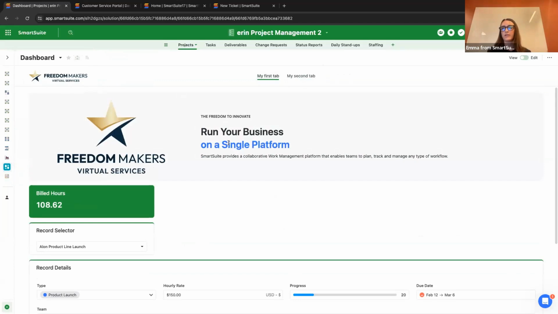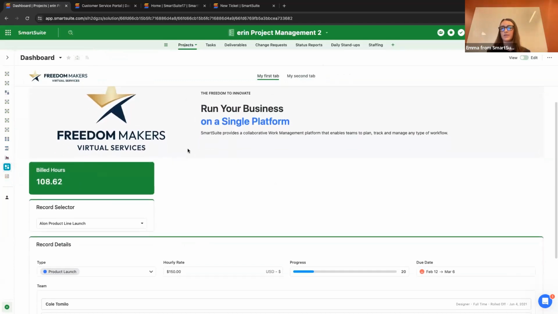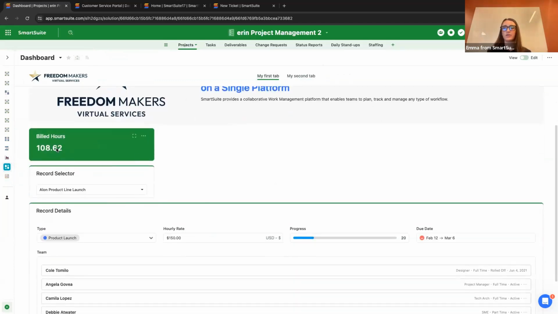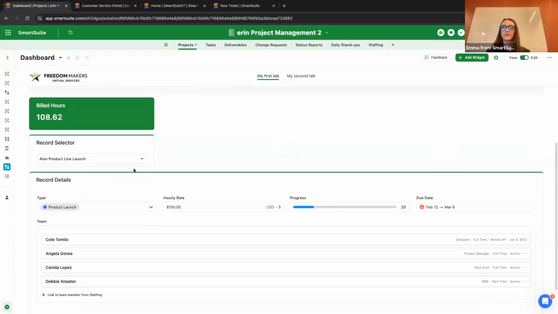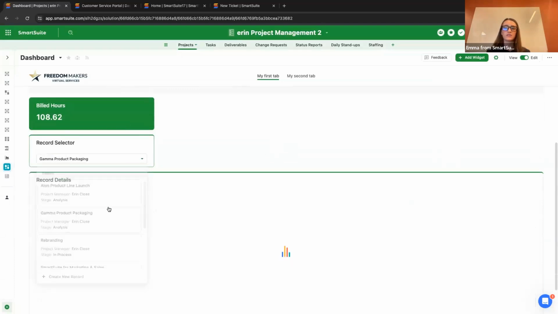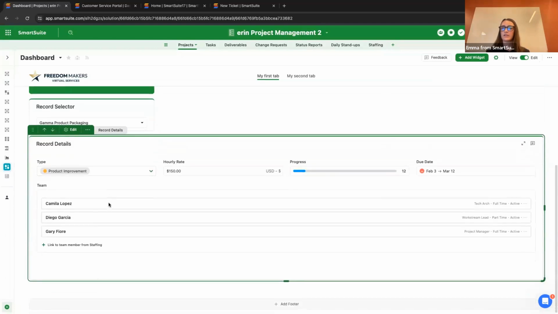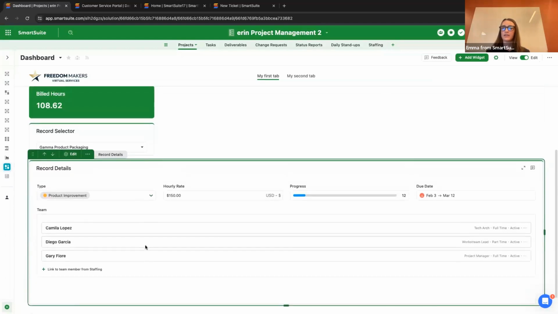She put the logo. She's using this banner widget. She has the build hours, which is polling that's going to the widget details so we can take a look. She's using a summary card to summarize the project build hours. She's also using a record selector so she can click the different projects and see a nice outline of all